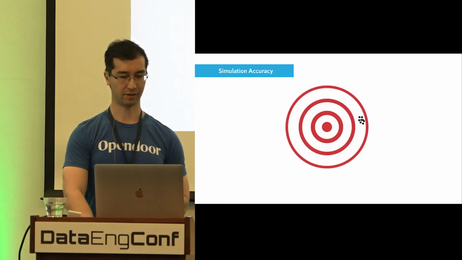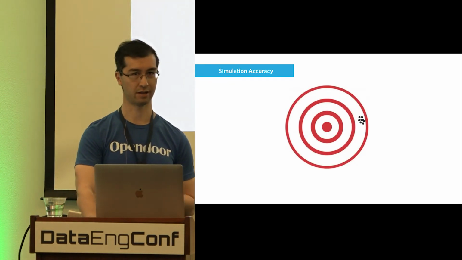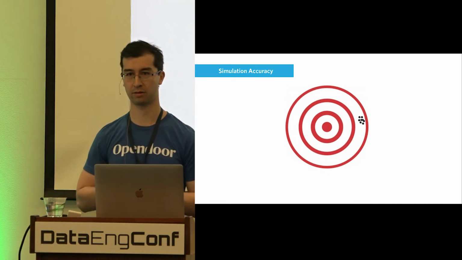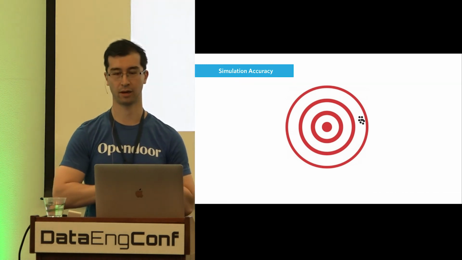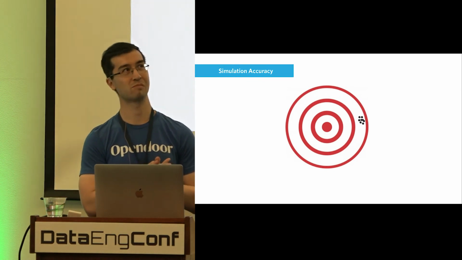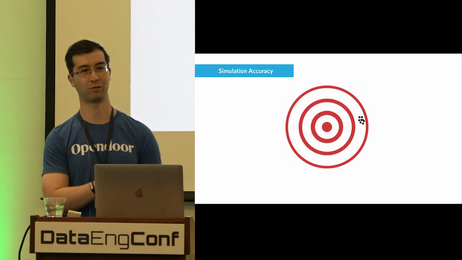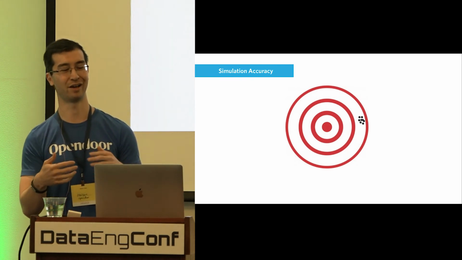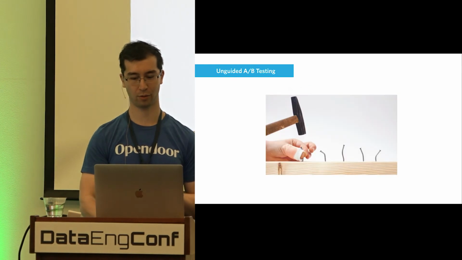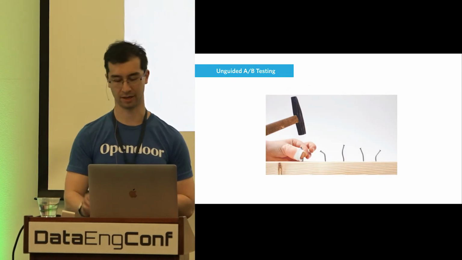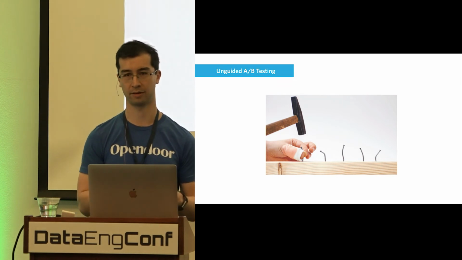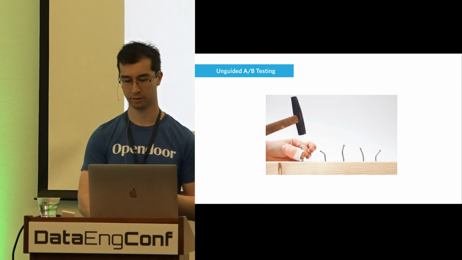Okay, so the elephant in the room is how accurate is this approach? We've seen the trade-off curves are extremely precise, but who knows how accurate they are? And I'm going to take a pass maybe at trying to answer this question and say you can use other techniques to get at the accuracy. So where we were with the hammer of A/B testing is you want to do it right, but in practice, something typically goes wrong.